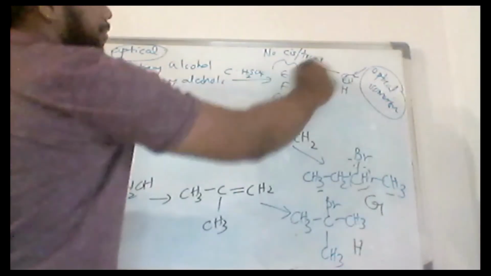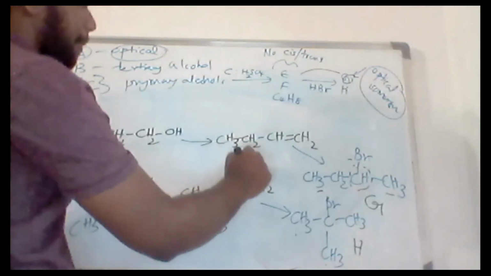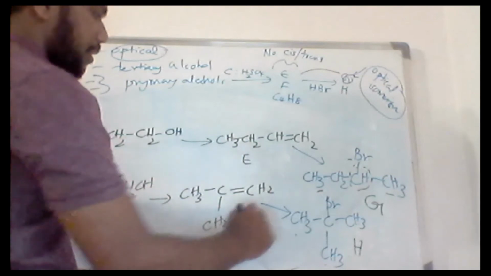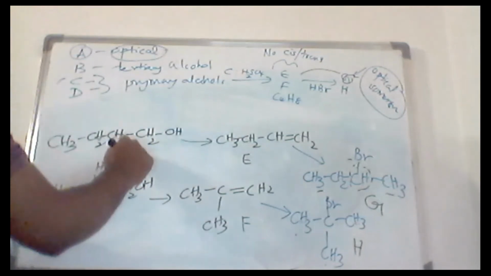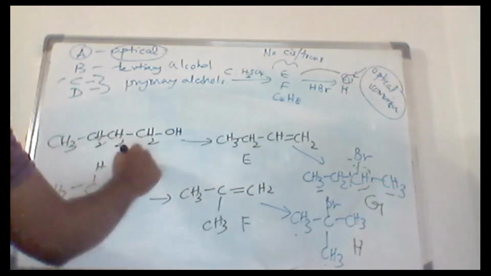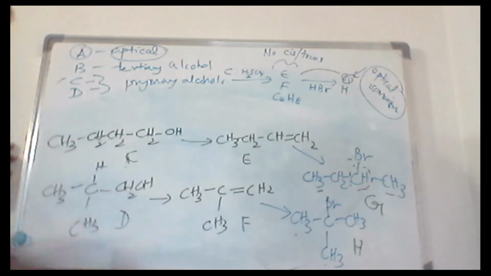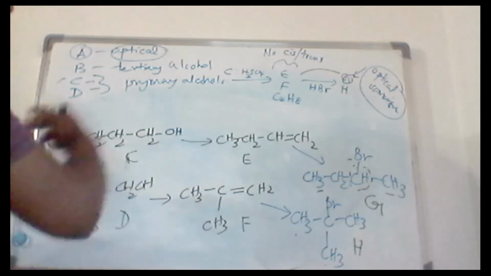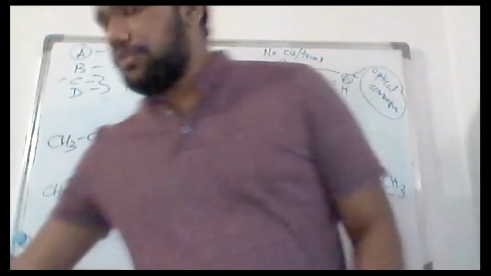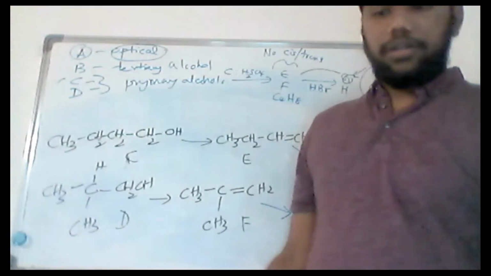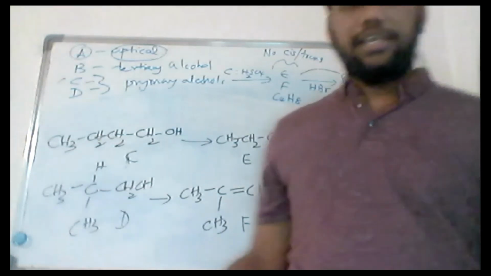So G is derived from E, so this should be E then. This should be F then. So if this is E and F, so automatically this is C here and this is D here. Okay. So this is the scheme for our particular reaction. So if you know your alcohol chemistry very well, you can automatically and easily find an answer for this particular question. It's not that hard,